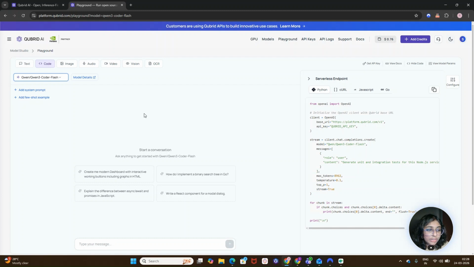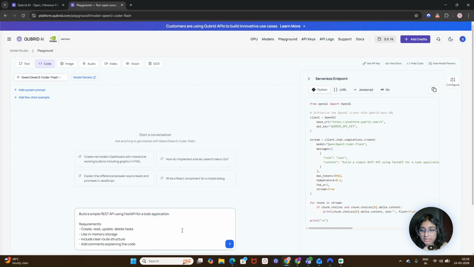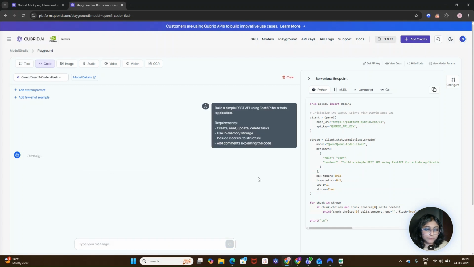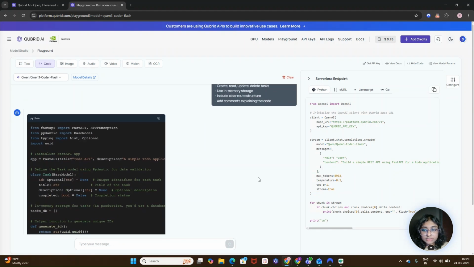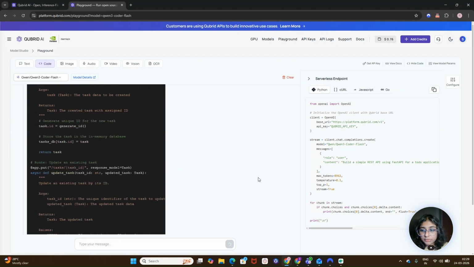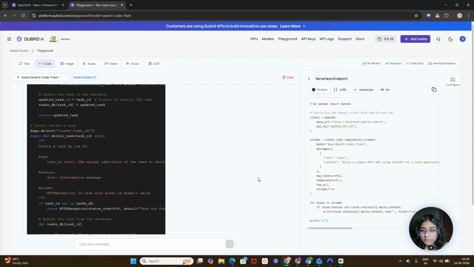So let's go ahead and give it a prompt. I've added this prompt to build a simple REST API using FastAPI for a to-do application. As you can see, it is so fast that it has started giving us the output quite quickly.